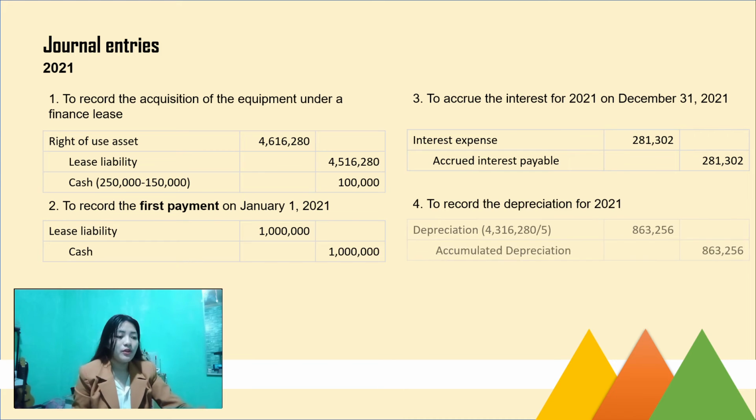So, for the number 4, to record the depreciation for 2021. So, syempre, pag end of reporting period, may depreciation na nangyari na doon. So, we must debit depreciation amounting to 863,256 and accumulated depreciation credit 863,256 din. So, paano naman natin nakuha yung amount? You may be wondering kung saan natin nakuha yung 4,316,280 at saka yung 5. So, doon muna tayo sa